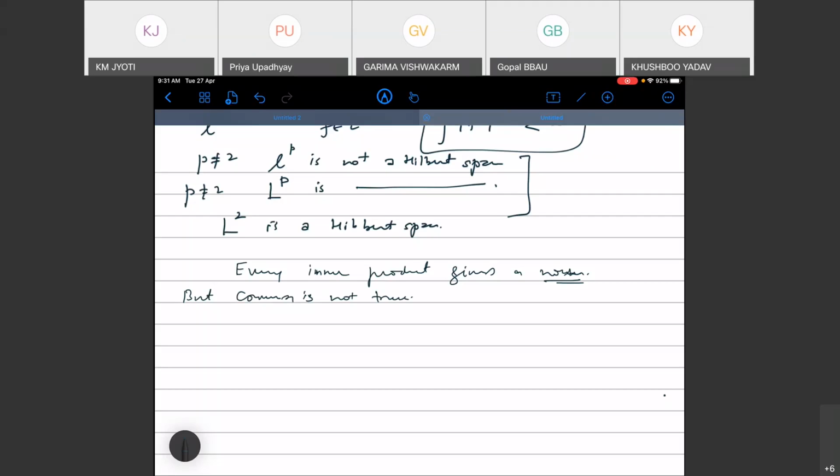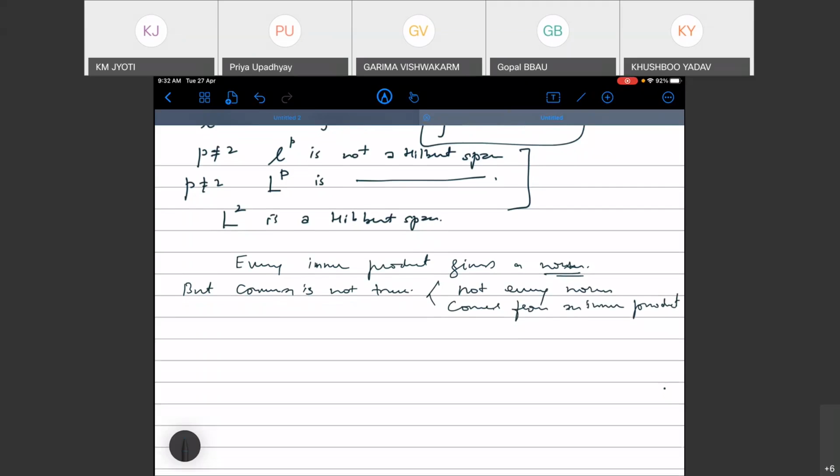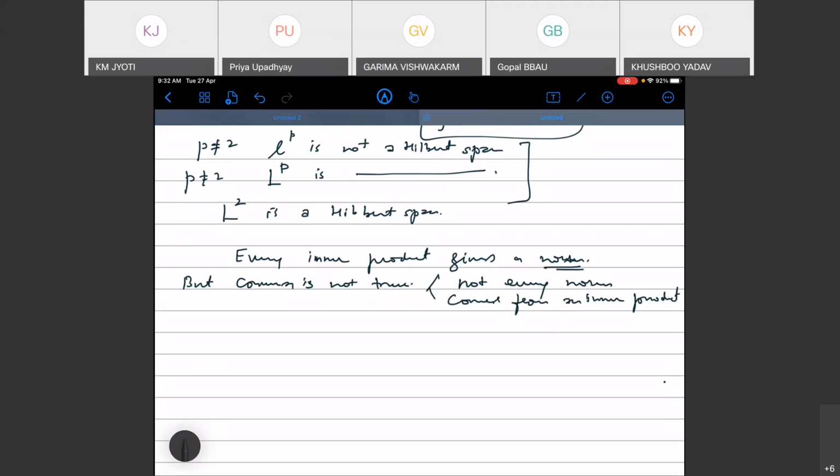Not every norm comes from an inner product, okay? So now we have to find out which norm comes from an inner product. For this,